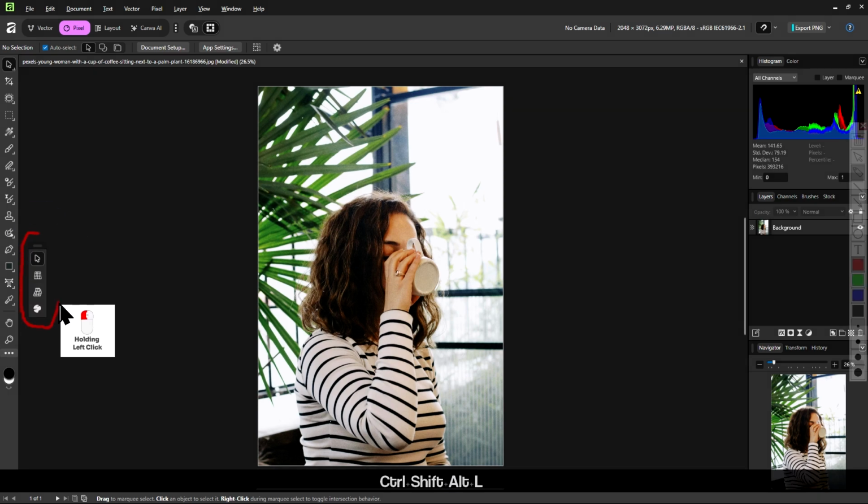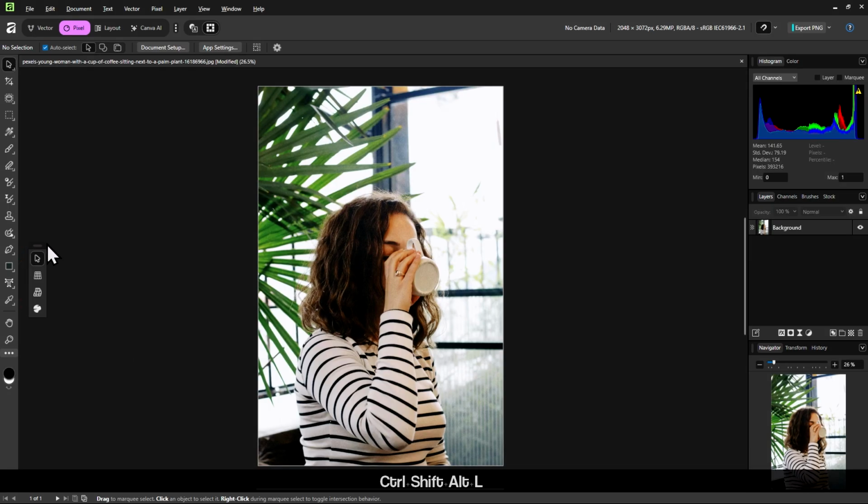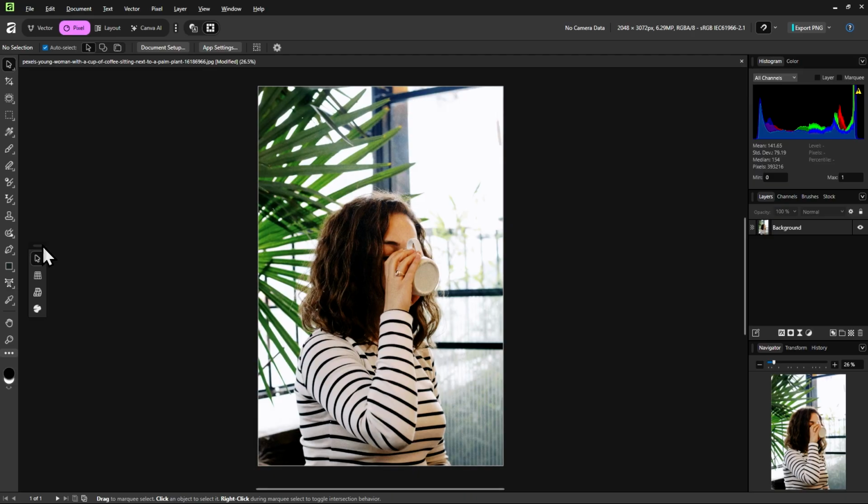This panel here is called subtools. I'm sorry for my terrible handwriting. So in total, there are 4 tools that are grouped along with the move tool.